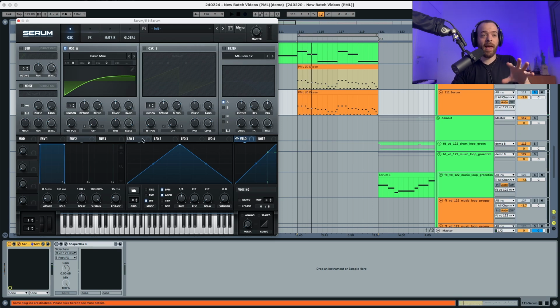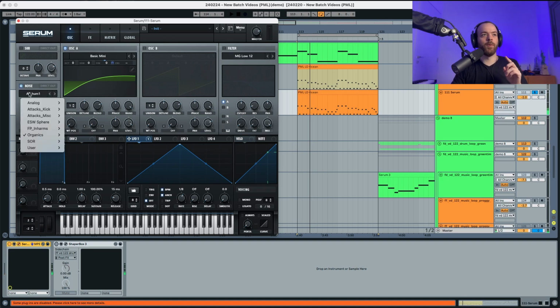Now we're going to choose an LFO to modulate the fine. And this is how it sounds at the moment. We're going to increase this rate, and we're going to decrease the modulation. This makes the sound a little bit more analog, but in addition to that, we also have to select a